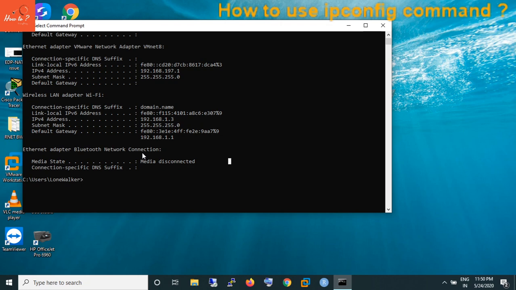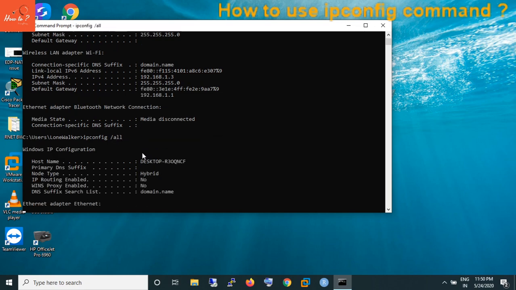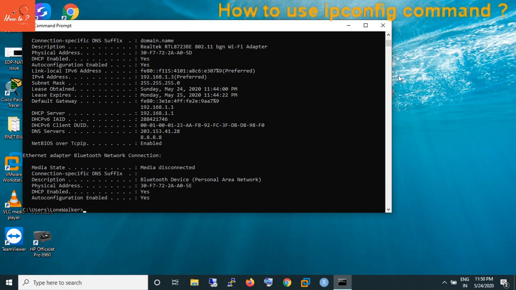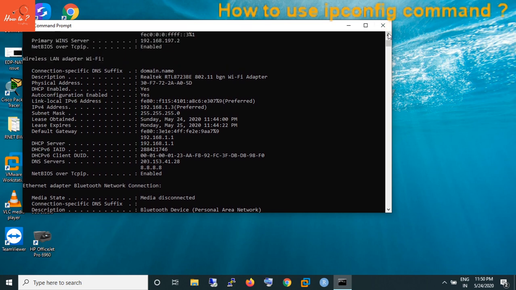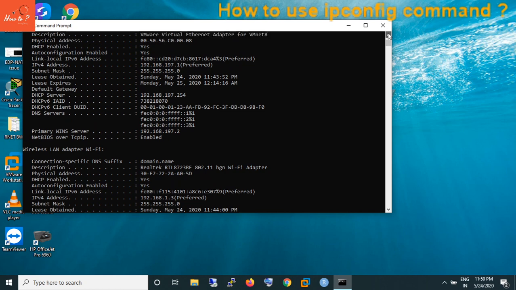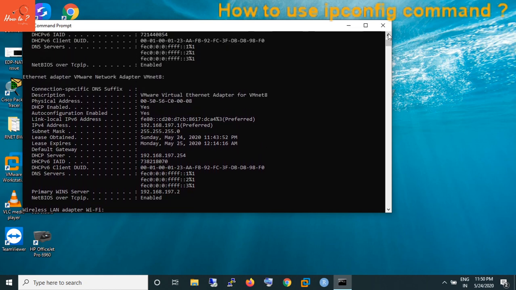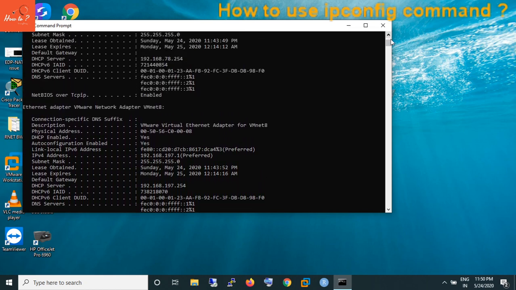Next switch is if we want detailed information about adapters, so we will pass the all switch along with this command. So ipconfig space forward slash all. Now see the difference between the earlier result and this result after passing the all switch.